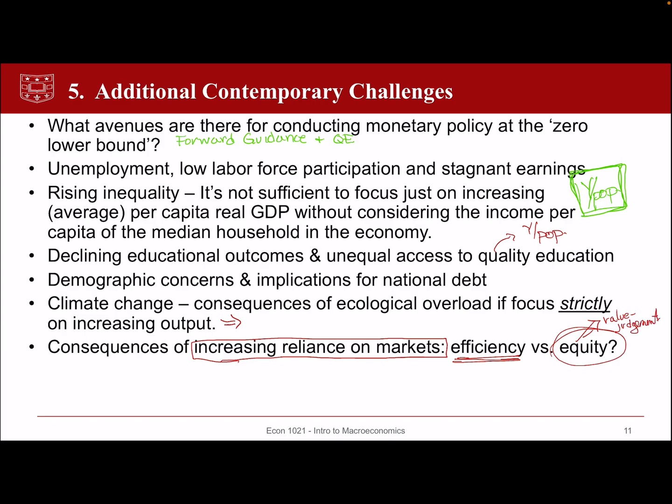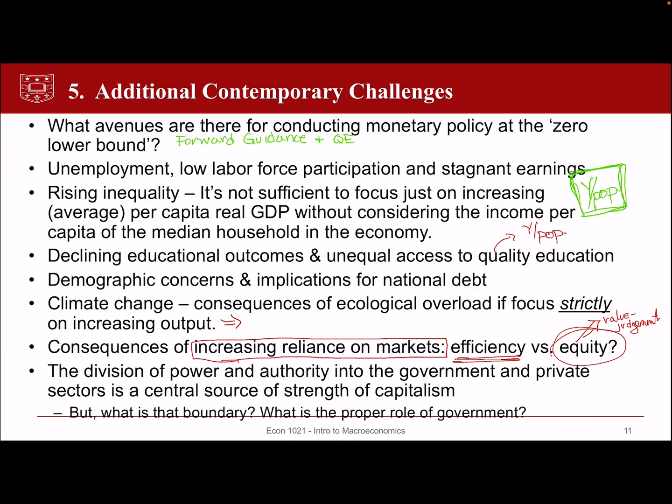And if you were interested in this, you could look through, I think it's chapter 8, for lots of different possible ways to think about equity. Again, if we had a couple more weeks together, we would have gone through the material in that chapter and thought about different ways in which we might frame the problem of equity, and particularly in contrast to efficiency considerations. Related to this, if we're thinking about the role of markets, it's often the case that